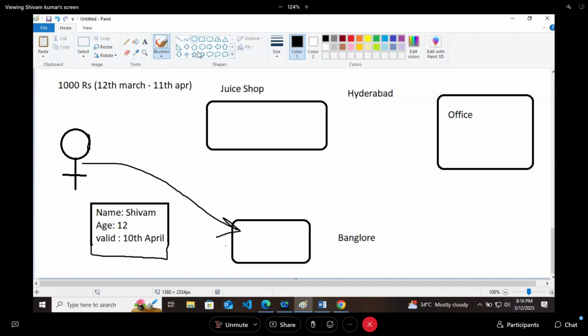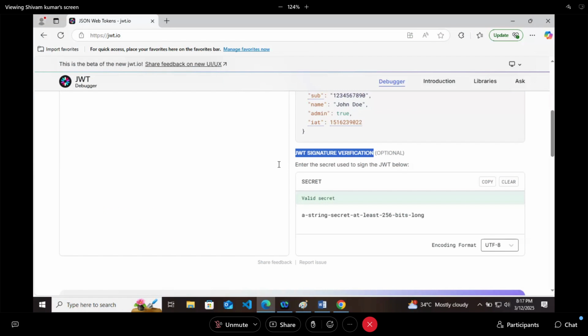So I am just taking one guess that this is something like this ID, right? This is something like this QR code. Now whichever card has this QR code, the person at the billing counter will scan this QR code, and this QR code should point to their website or their app or their system. Now this is genuine. So this signature is required for proper safety. Without the signature, anyone can print a card and they can have free juice. Same thing is in the JSON Web Token and the security as well here.